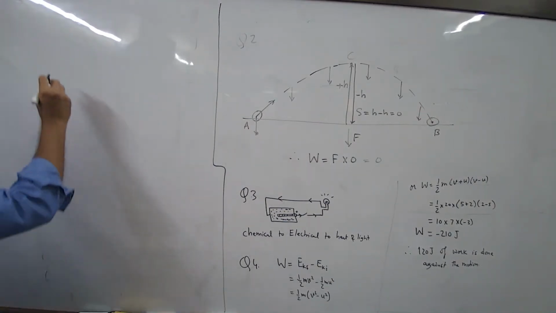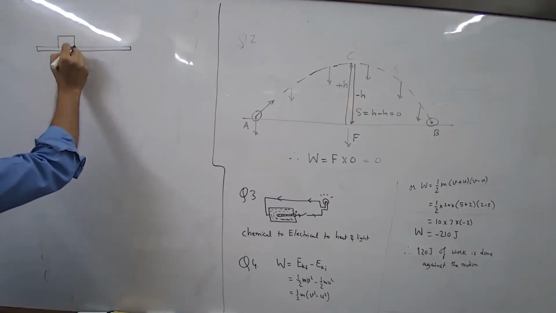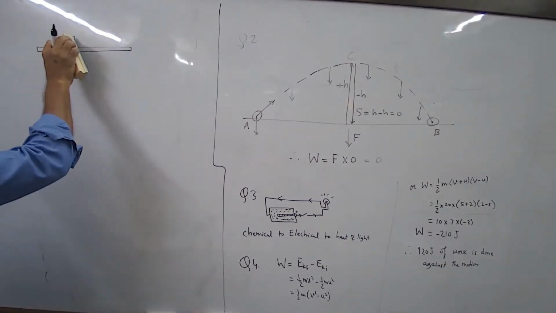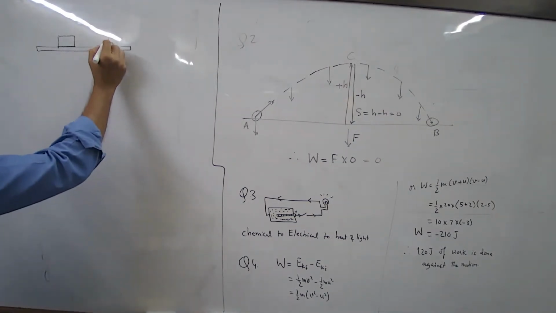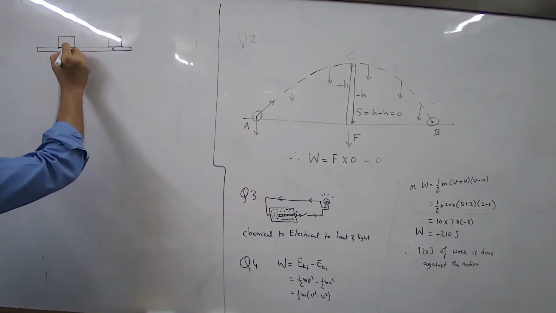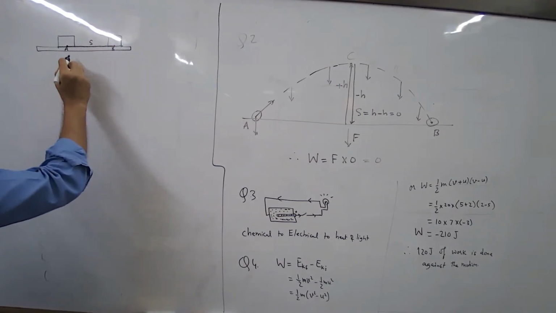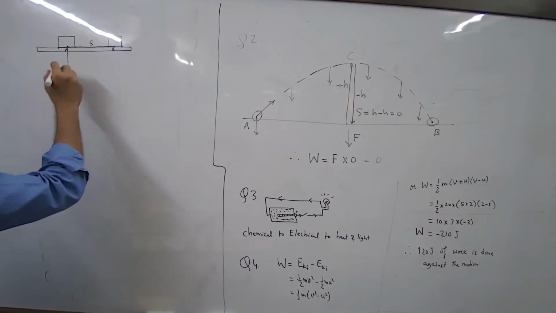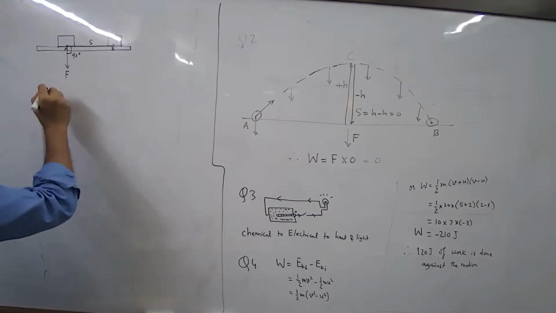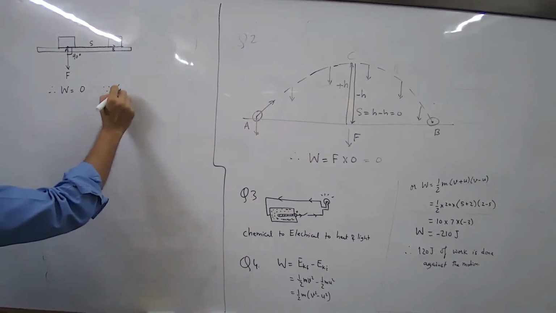Yes. So everybody understood? Let us say you have a table and initially the mass is kept at position A. Then it is moved to position B in a horizontal line. So let's call this position A, this is position B. When you join these points, this is the direction of displacement. And all throughout the weight is in the downward direction. This is 90 degrees. W is equal to 0, since cos 90 is 0.